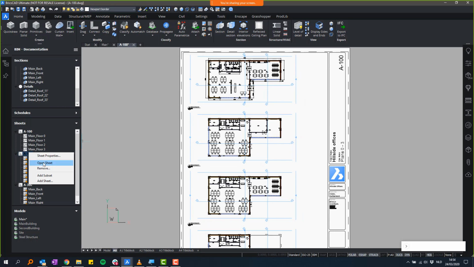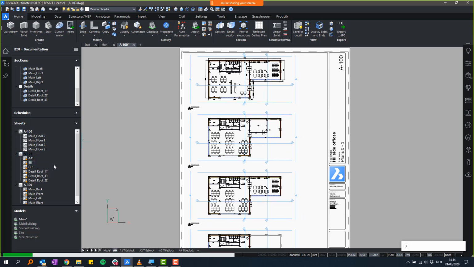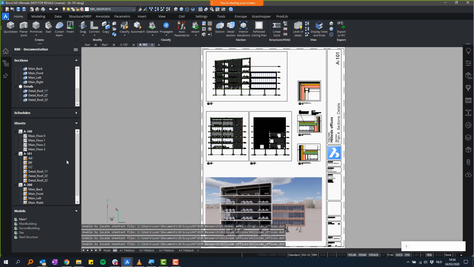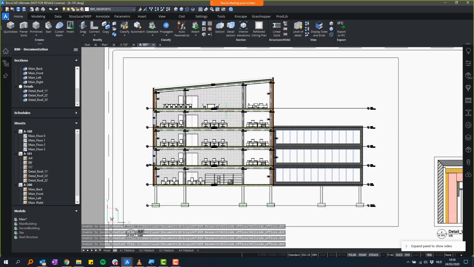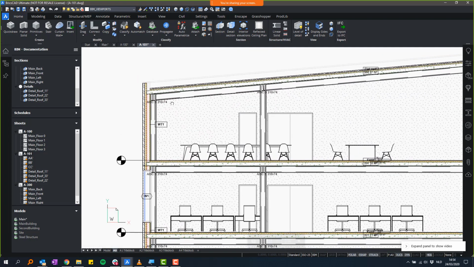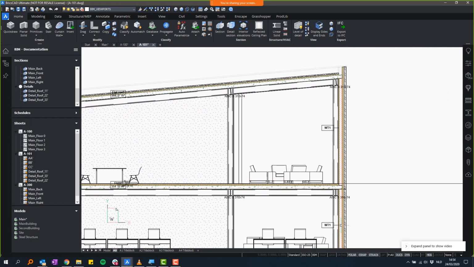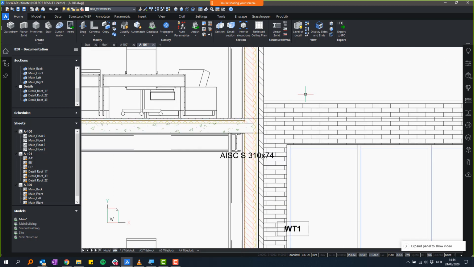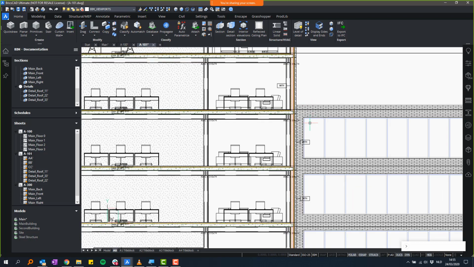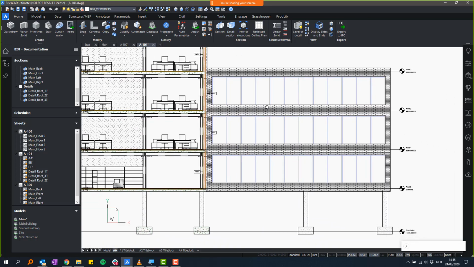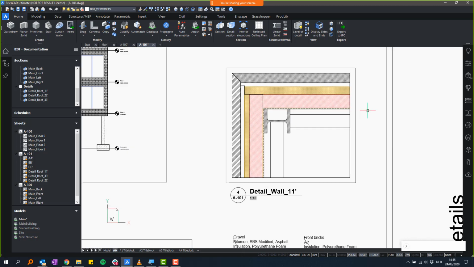I'll just open another sheet here with some vertical sections on it. The way it works right now, it's only possible to generate 2D drawings from your 3D model. We use the 3D model as our one source of truth and generate our 2D drawings from there. So it's not possible to make changes here and have them reflected in our 3D model. However, we are working on a new technology as well that would allow you to